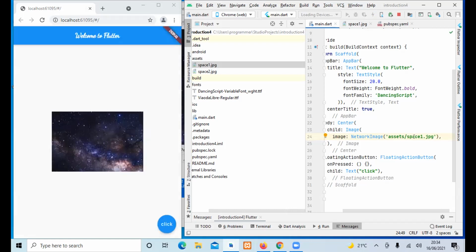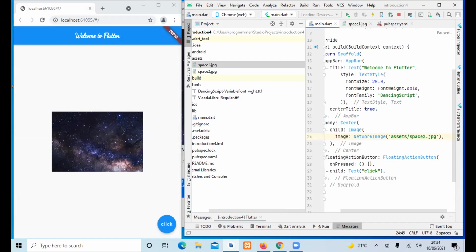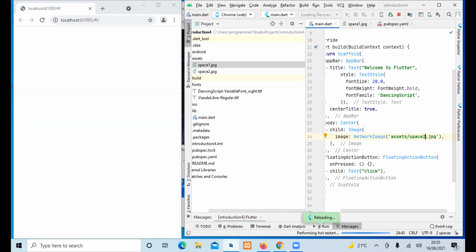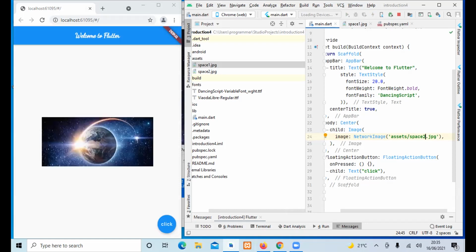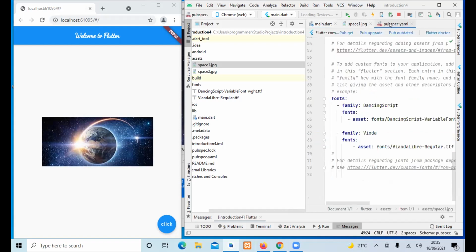I think you are seeing now. It's now loading. So now when I try to type space 2.jpg, let me check and see whether it will load. Mine is also working. Now I'm trying to load space 2.jpg, and you can see that it is also working. My space 2.jpg is working, but when I go back to my pubspec.yaml,